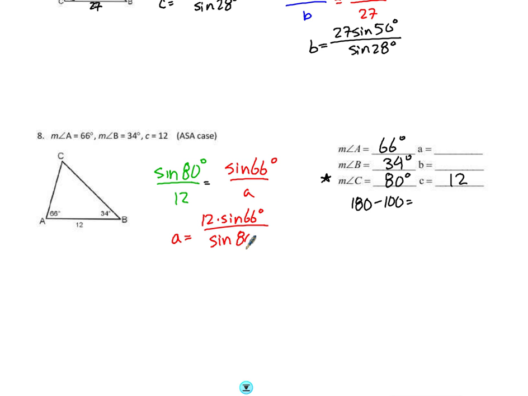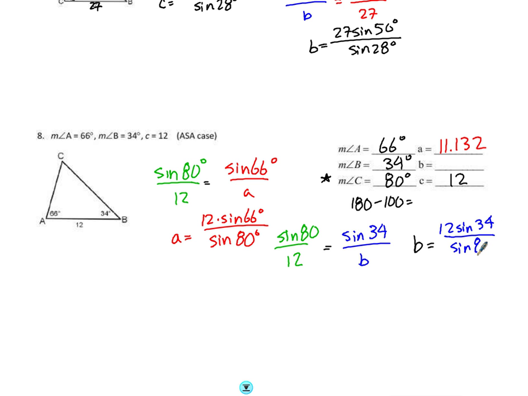Plugging that into my calculator gives me a quick answer, which is 11.132. Then going back to sine of B, which I know is 34 degrees, all over little b, that's equivalent to sine of 80 degrees over 12. When I cross multiply, which you'll get pretty quick at after a while, it leaves me with 12 times the sine of 34 degrees all over the sine of 80 degrees. I'm dropping my degree symbol, but make sure I include that throughout so I understand that they're in degrees. Plug that into my calculator, and my third side, which is the smallest of the three sides, is